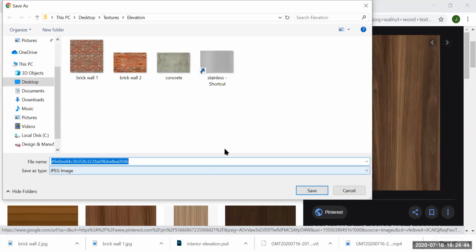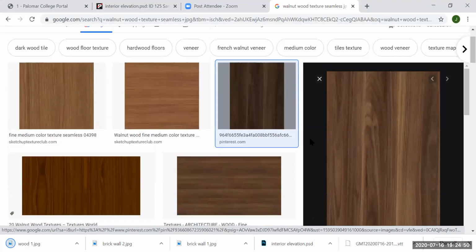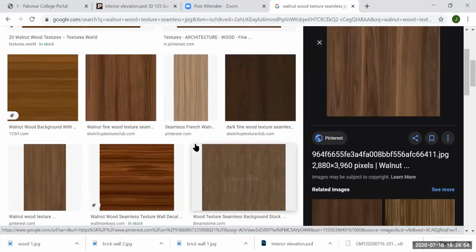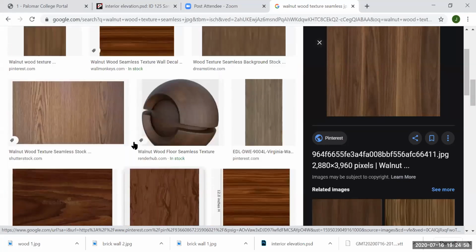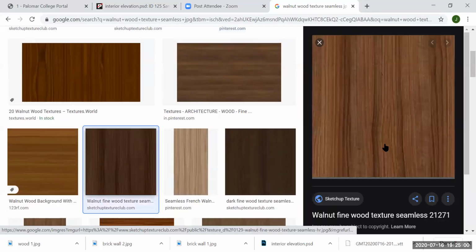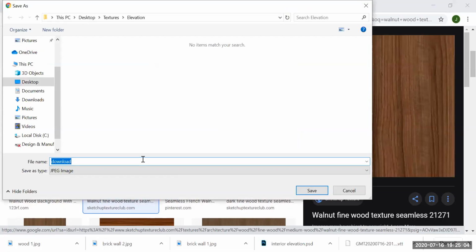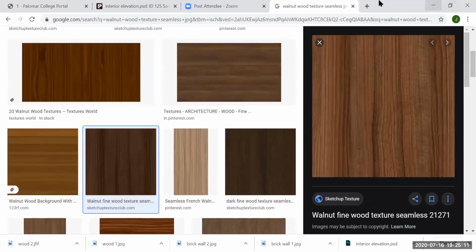And this one looks like it's working, so we'll save it as wood 1, and let's do another one just in case that one doesn't work. Okay, how about this one? Let's try wood 2. Okay, I've got a couple options. Now I'm going to go back